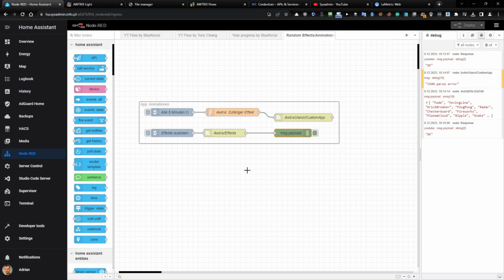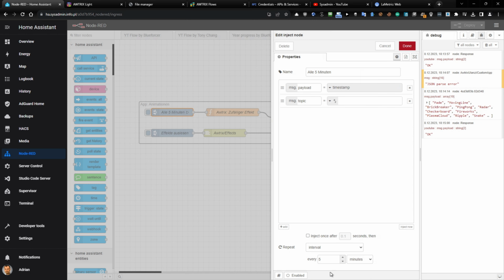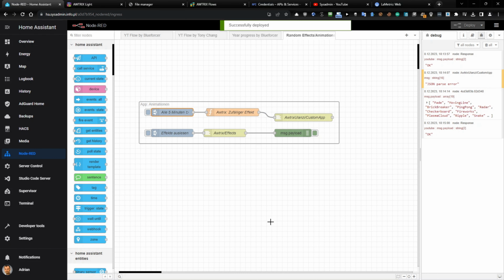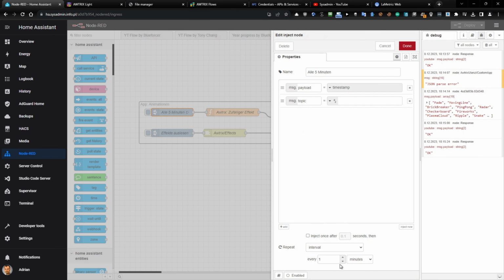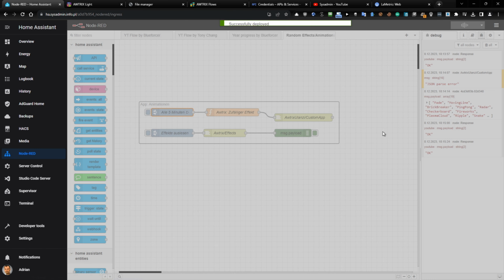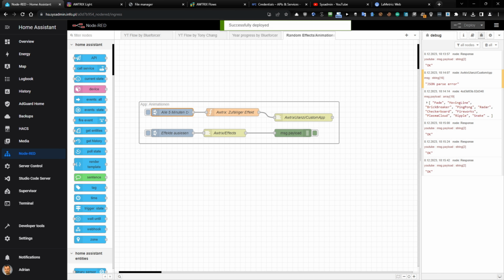Of course, you can speed it up, and you can change the interval to, for example, I don't know, every 1 minute. Okay, done, and deploy. So now it should work, and after a minute it should change the animation, and you can even change it to every second. So here we go, and change it to seconds, just like that, and every 5 seconds. Why not? Done and deploy. Here we go, and I will show you that now the animation should be different,